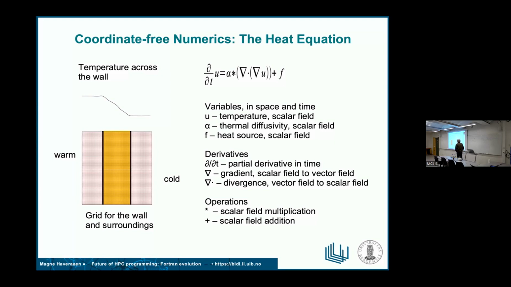So yes, each of these are operations on large arrays or arrays of arrays. We might need a 3D array to describe the data set, and then we need another 2 dimensions, or another 4 dimensions, to describe the operators on those, to describe all the components of the data. So the 3D data set is the room. We need 3 of them to describe how the air is flowing. And for some of the tensor work, you might need even more information to describe the elastic properties of the rocks we're looking at.